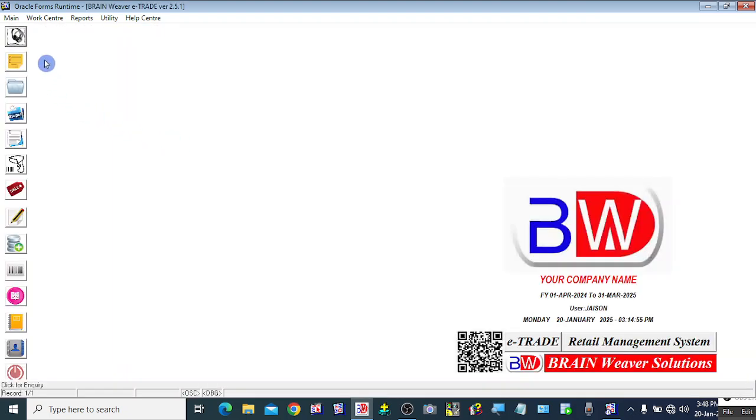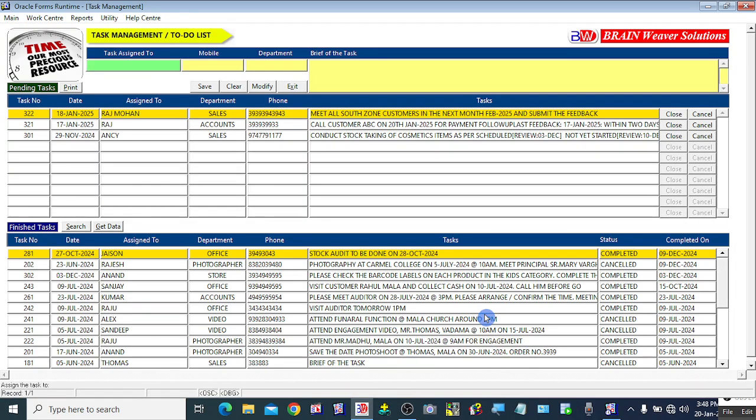Another utility feature is task management. You can assign the important tasks. There may be different tasks to be done on priority in your business on a daily basis. Those priority tasks you can assign to your various staff, and every day or